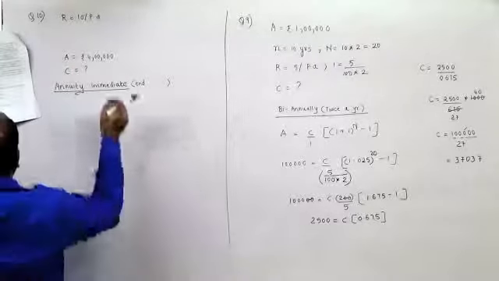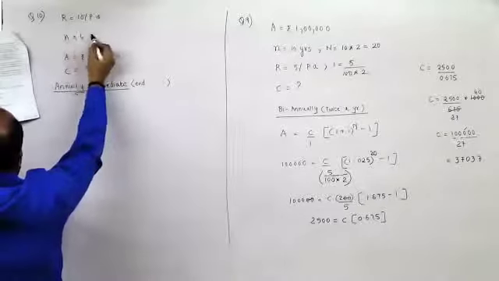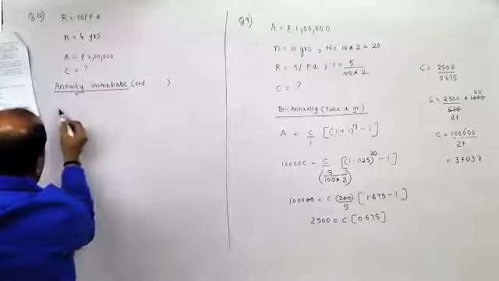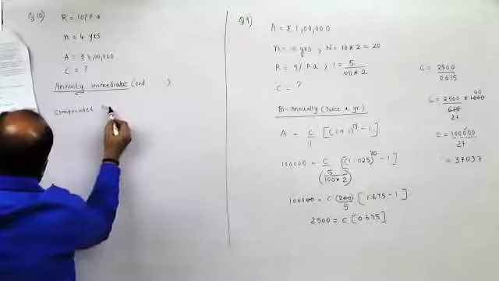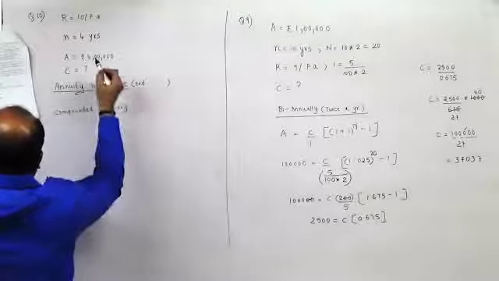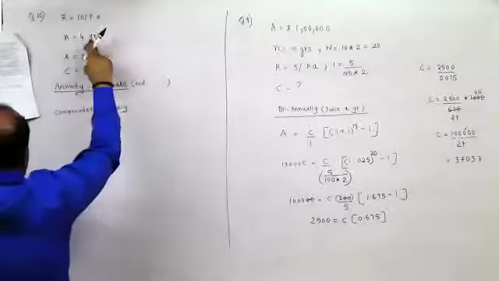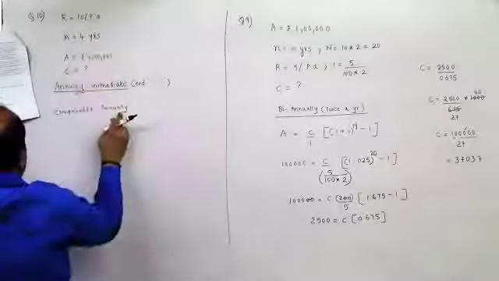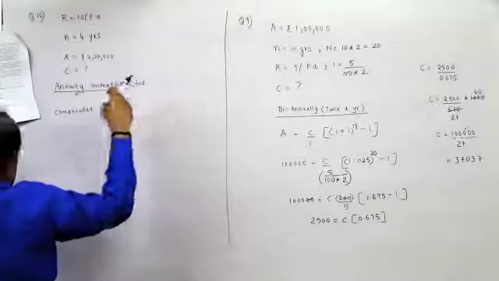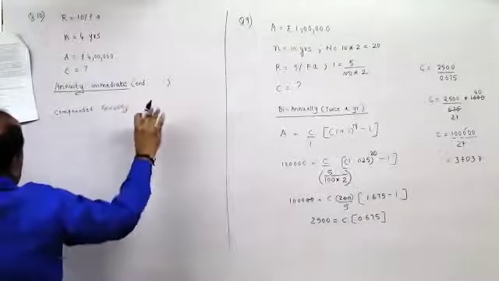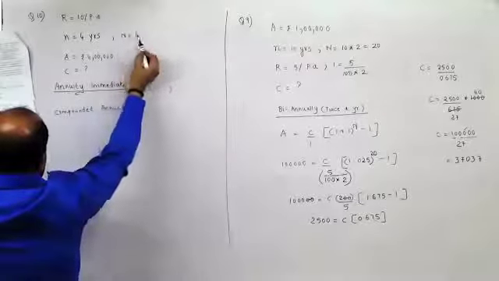Now, at the end of each year to create, which should amount to in 4 years. N is 4 years. Now, since it is compounded annually, how do we decide it is compounded annually? Because they haven't mentioned how many times it is compounded. Moreover, they have given it for 4 years without mentioning that it has to be compounded yearly, half yearly, or some term like that. So they haven't mentioned it. N is 4 years, so capital N is also 4.